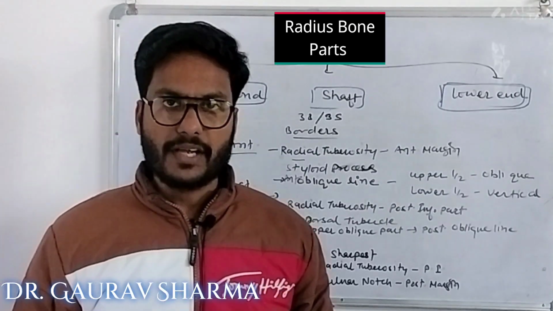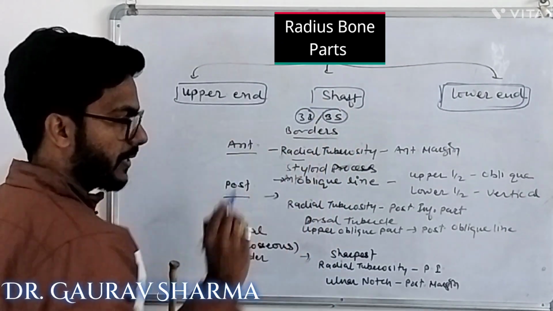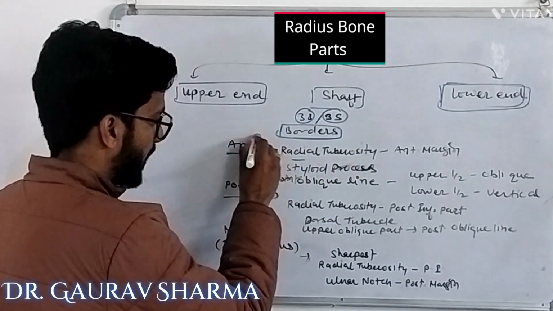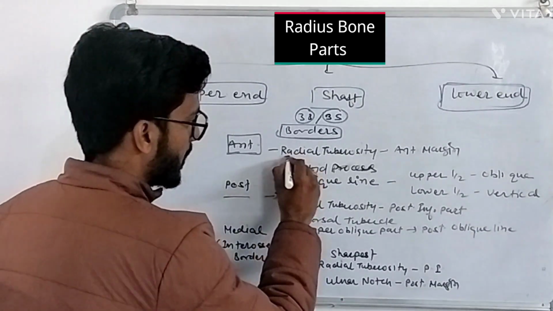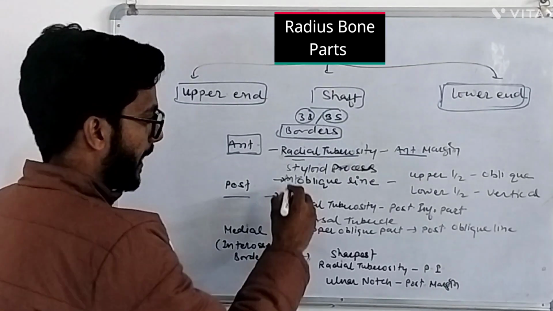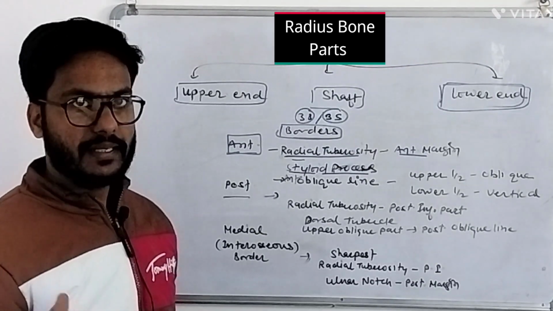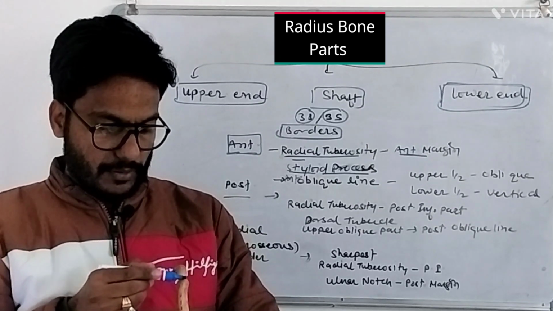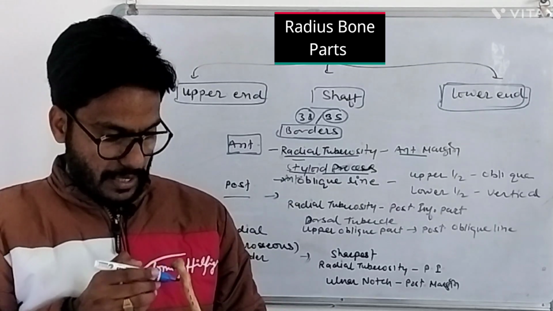के बाद अब हम बात करते हैं शाफ्ट की। तो शाफ्ट में सबसे पहले 3 बॉर्डर और 3 सरफेसेस होंगे, और यहाँ हम सबसे पहले बात करते हैं बॉर्डर्स की। सबसे पहला एंटीरियर बॉर्डर है। तो आप देख रहे हैं एंटीरियर बॉर्डर जो है वो रेडियल ट्यूबरोसिटी से स्टार्ट होगा, मतलब रेडियल ट्यूबरोसिटी के एंटीरियर मार्जिन से स्टार्ट होगा एंड स्टाइलोइड प्रोसेस तक ये जाता है। तो ये सबसे पहला इंपॉर्टेंट पॉइंट है। तो आप देख रहे हैं दिस इज द एंटीरियर मार्जिन ऑफ द रेडियल ट्यूबरोसिटी एंड दिस इज द स्टाइलोइड प्रोसेस।